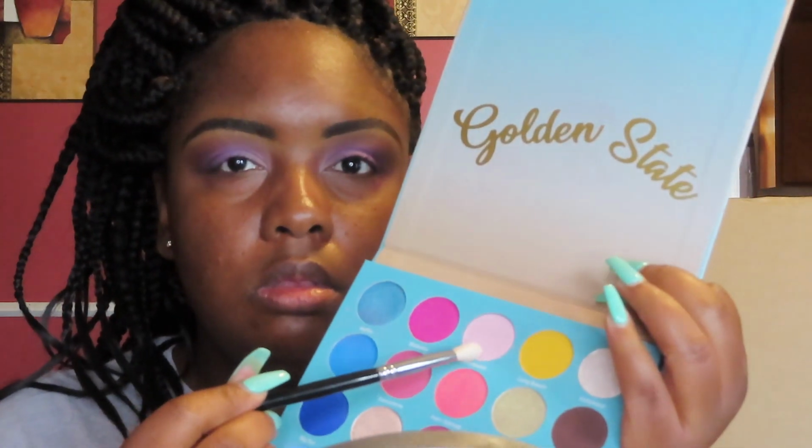Anyways, so yeah, I'm going to take Calabasas. I believe I'm using the same brush that I use for Napa. We're just going to pat and tap that on to my lid. And then I went into Brentwood. It looks like a pale pink, honestly, in person, but because it doesn't have much color and it's going on top of that,